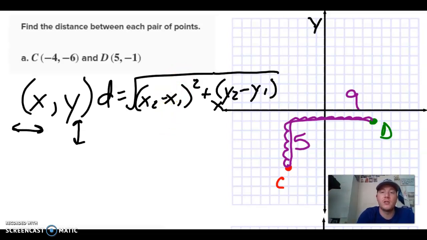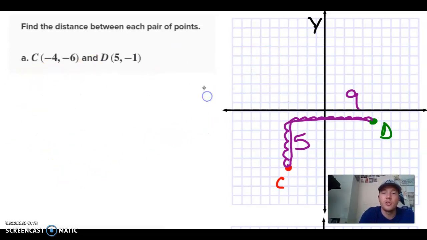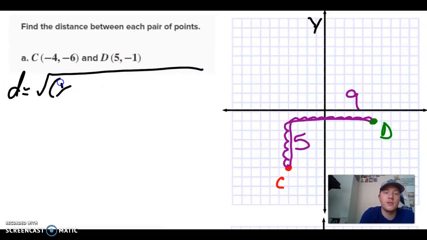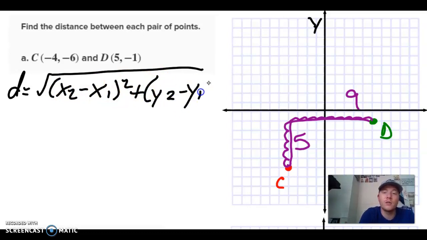So really what these two things are, let me change colors here. Your x2 and your x1, your y2, your y1, you're going to get these same 5 and 9 numbers. So let's watch that once. So let's go through this formula. I'm going to erase this stuff to get a little bit more room. So if I've got d equals the square root of x2 minus x1 squared plus y2 minus y1 squared, let's just start plugging these